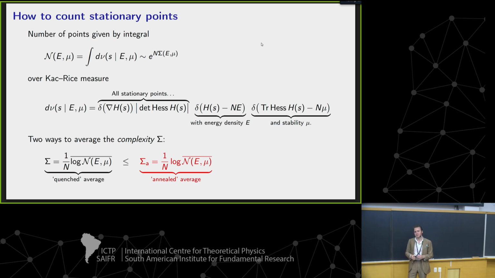Just to make a connection with the notion of quench and anneal that I'm used to. Here, passing from quench to annealed and vice versa is like promoting a disorder to being a dynamical field. Yes, precisely. What do you promote? The ensemble average becomes essentially a dynamical field. Yes, exactly. I've kind of hidden the variables involved in the quench disorder by defining my model with this covariance.